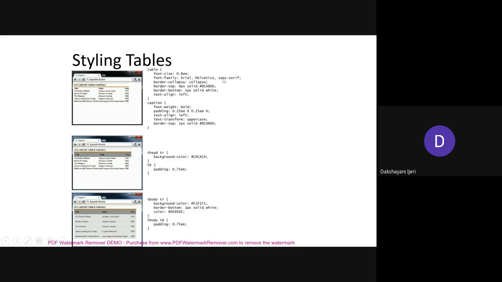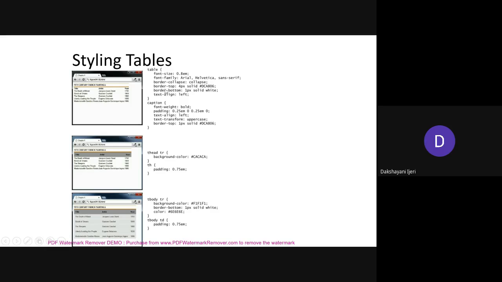So the way you are going to use it is exactly the same as we discussed while covering the text properties. And border-collapse, border-top. See, one more property that you can use is, in general we have used the border, which is considered for all four borders of the table. But if you want to apply different styles for each side of the table, you can explicitly use border-top, border-bottom, border-left, and border-right.